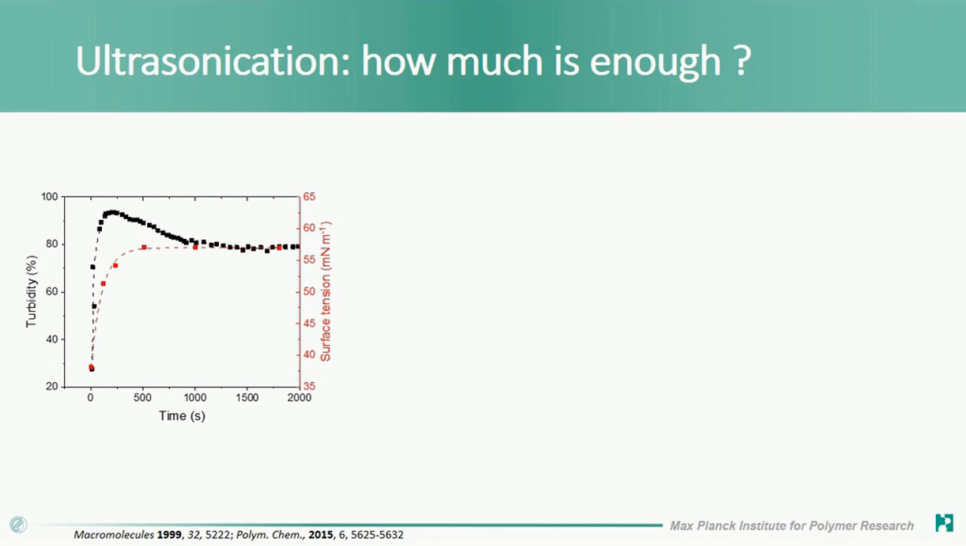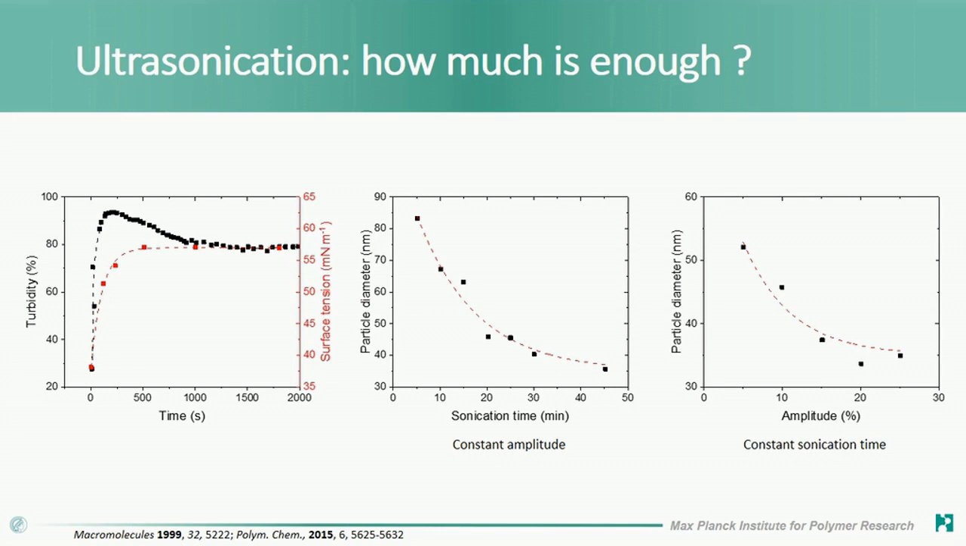Measuring the change in surface tension is for us the most convenient way to really track the process and to make sure that we reach this steady state. Usually it will take between 10 to 30 minutes of emulsion at high power, at high amplitude, to reach this steady state. But what we could do is to rapidly, after the emulsion, polymerize the particles, and then we could